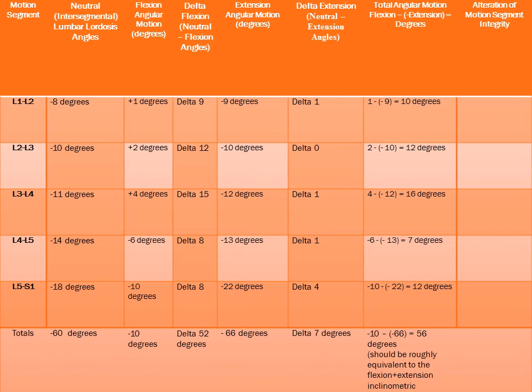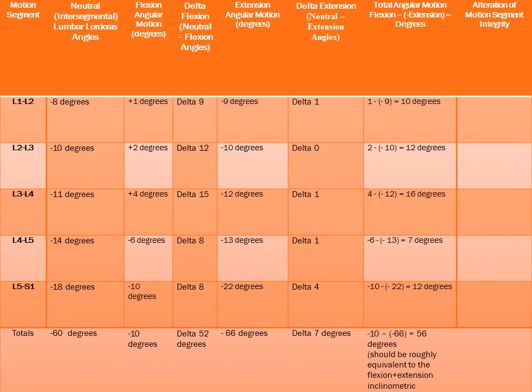At L2, L3 the total angular motion is 12 degrees. At L3, L4 the total angular motion is 16 degrees. L4, L5 is 7 degrees, and at L5, S1 is 18 degrees. And that total angular motion,